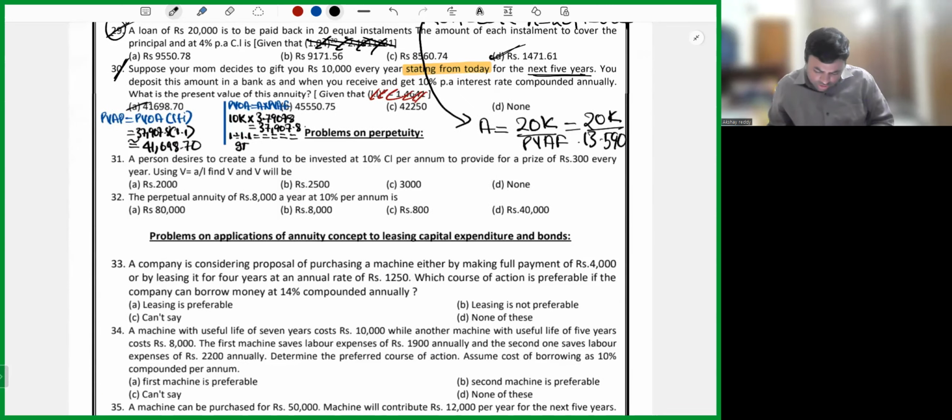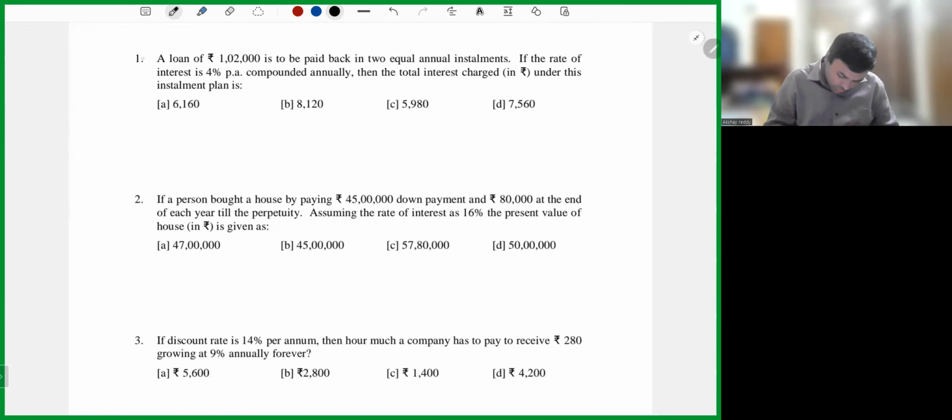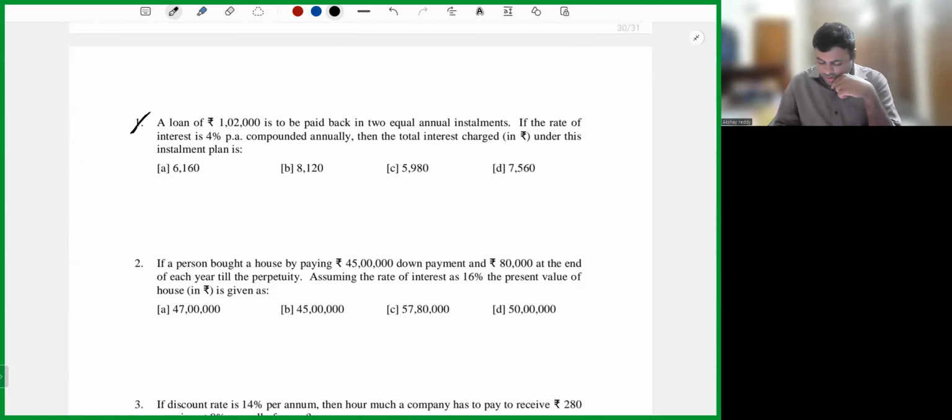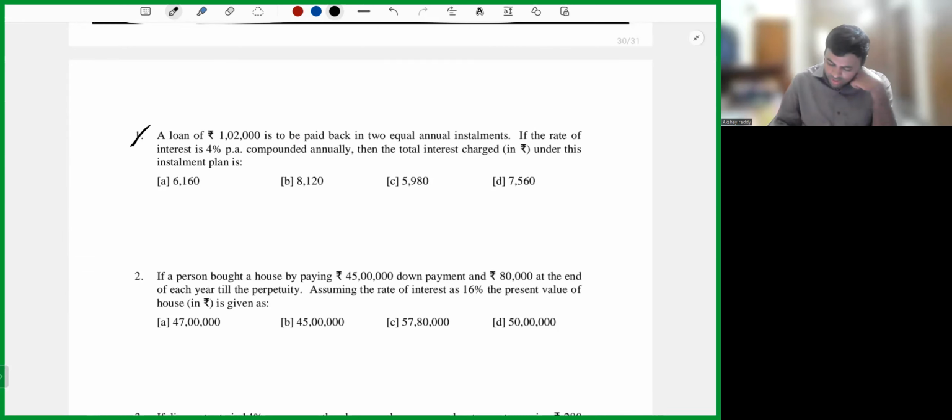That's a previous year question because many of you will get confused here. See this question number 1. This again you'll find in the drive link what I have shared. There you can download this. A loan of 1,02,000 is to be paid back in 2 equal installments. If the rate of interest is 4% per annum compounded annually, then the total interest charged,